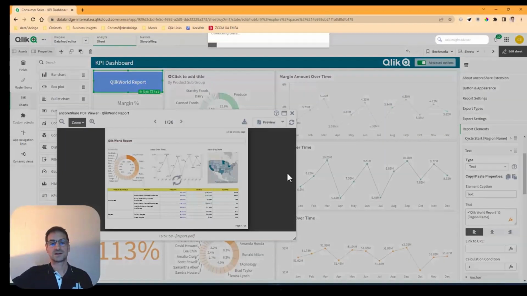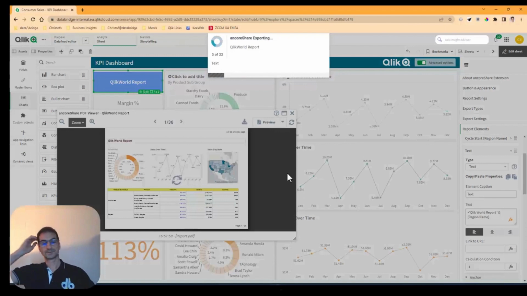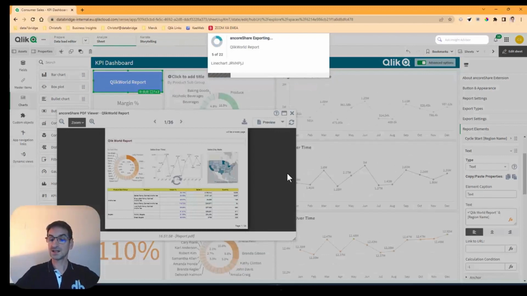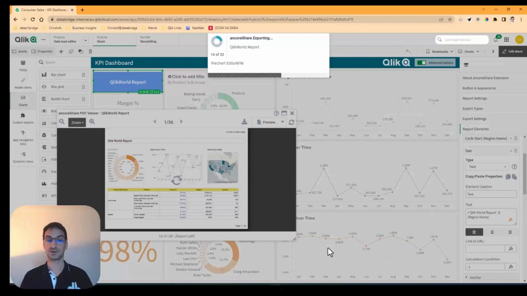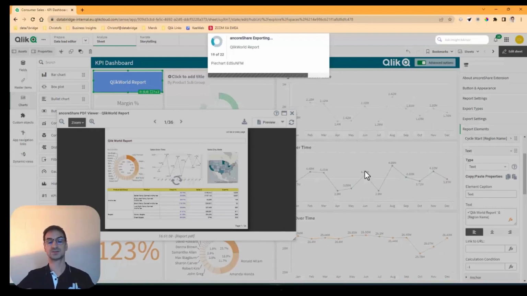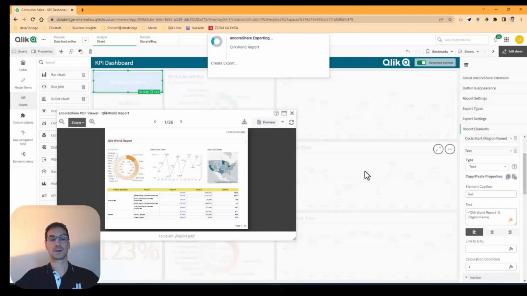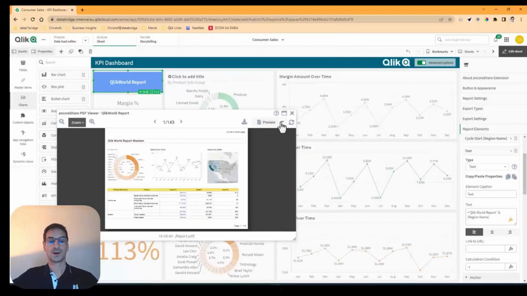And let's generate again the preview. You see in the back there are selections applied. So the charts are changing because the printing, the export, is a client-side activity. It acts with the session and it applies selections, picks the exports and makes the next selection. So now we have